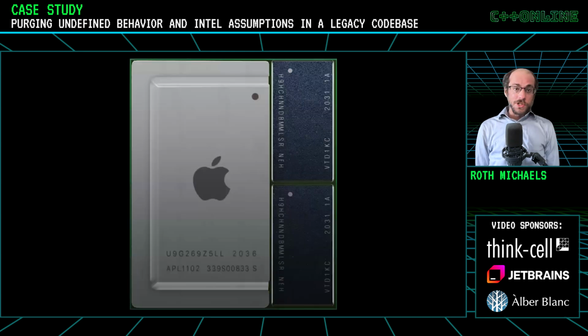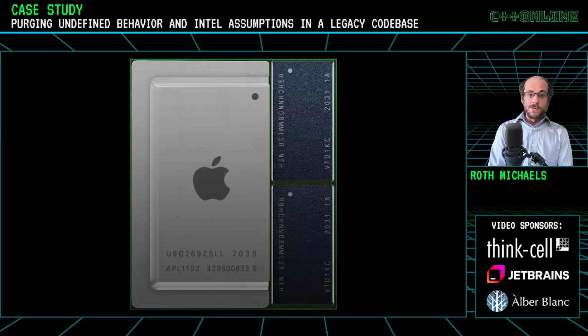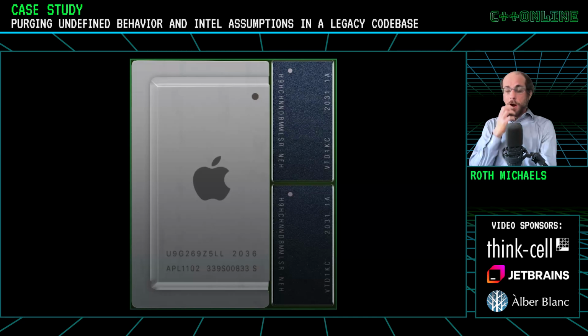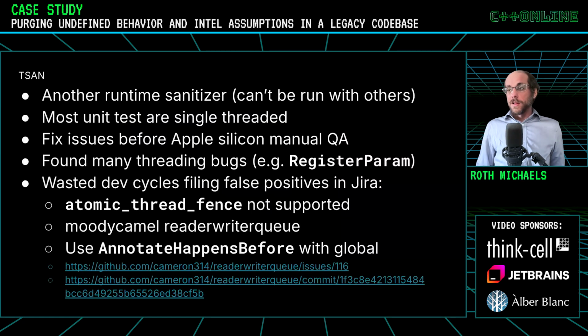And the big part of this push to fix a lot of our UB in our code base was Apple's announcement of switching to ARM, and all of our "it works on Intel" assumptions went away. So this is when we ran thread sanitizer by hand. Since our unit tests weren't single threaded, we fixed a lot of issues to try to avoid our manual QA chasing ghosts. We found many threading bugs in our implementation that kind of worked on Intel,